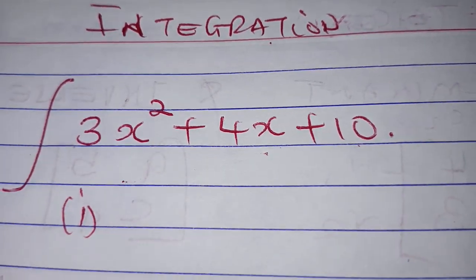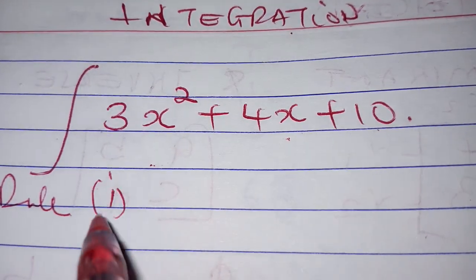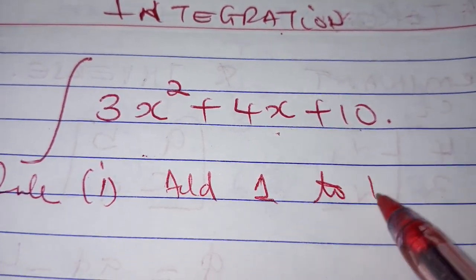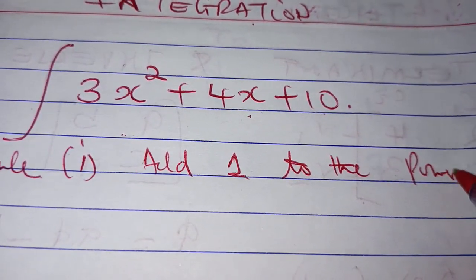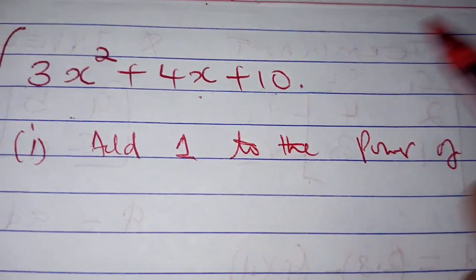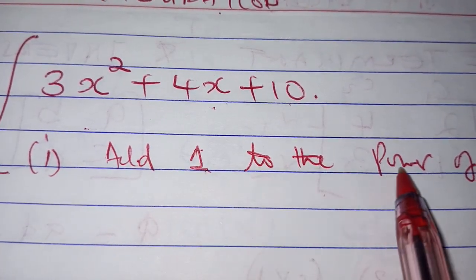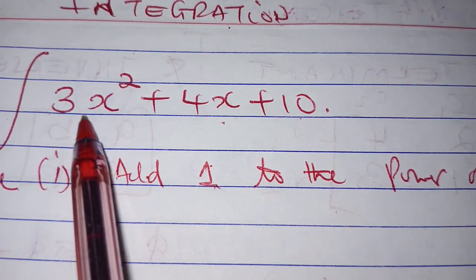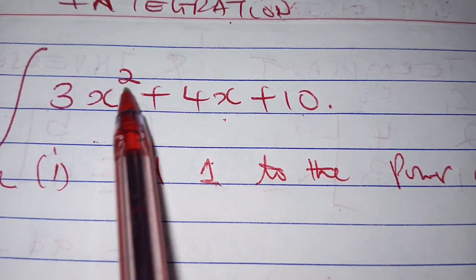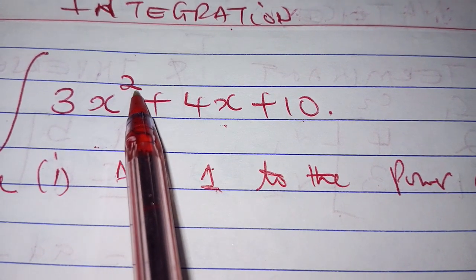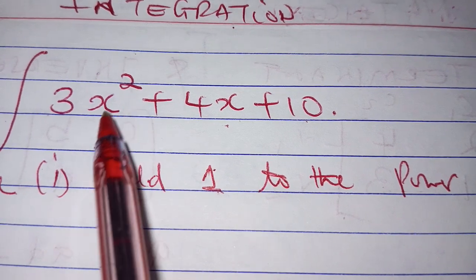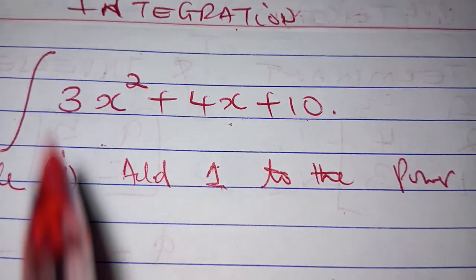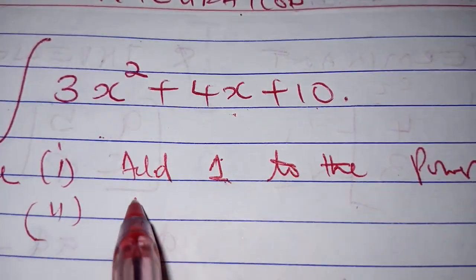So the first rule, you can write the rules of integration. The first one is you add 1 to the power of x. Now in our question we have 3x squared. So in this term, we have x raised to power 2. And so the power of x is 2, and the first step will therefore be to add 1 to the power of 2. Good. Now, the second rule will be divide